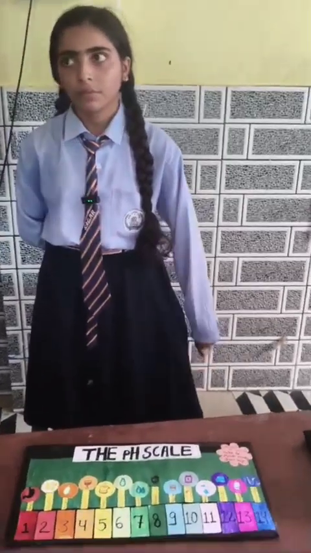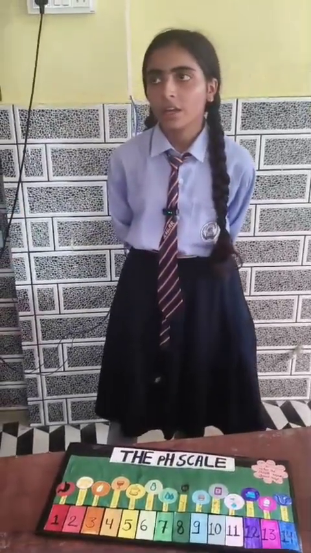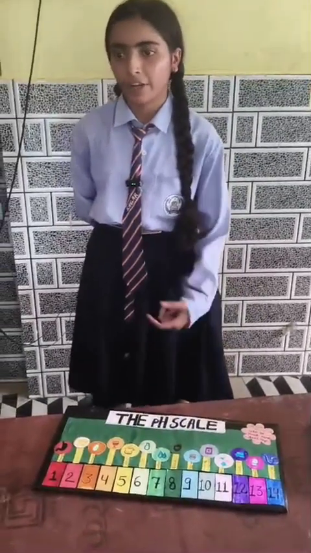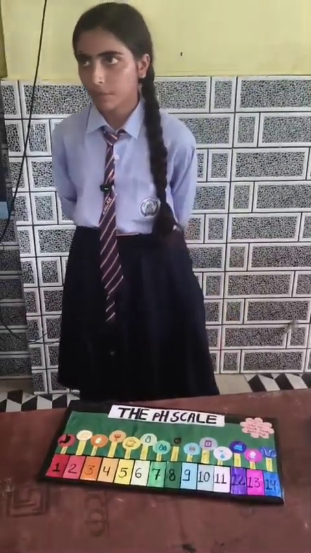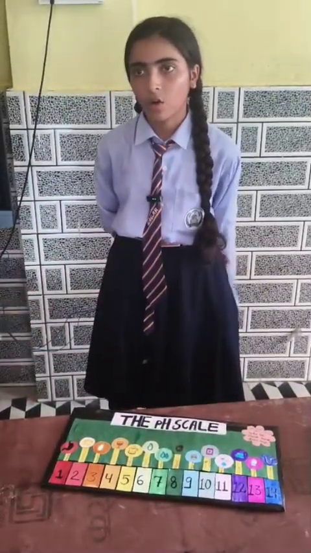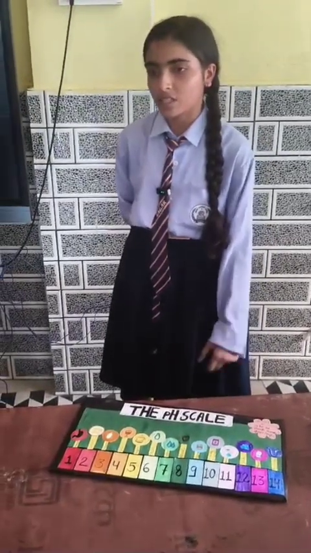Okay, so you can tell about the acid. What is the pH value of concentrated acid and dilute acid? HCl, so 0 or below 1 for concentrated and 1 to 3 for dilute. Okay, and what is the pH value of concentrated base and dilute base? So concentrated NaOH is 14 and dilute NaOH is 13.